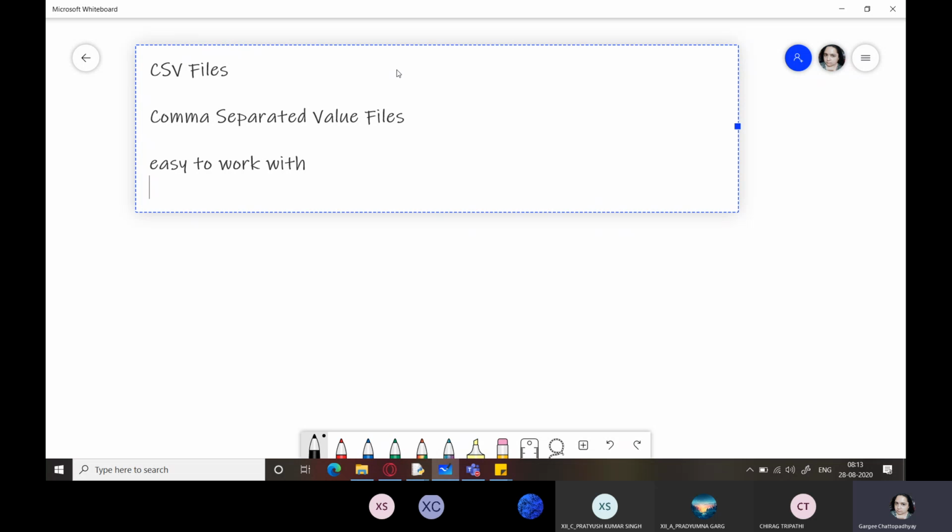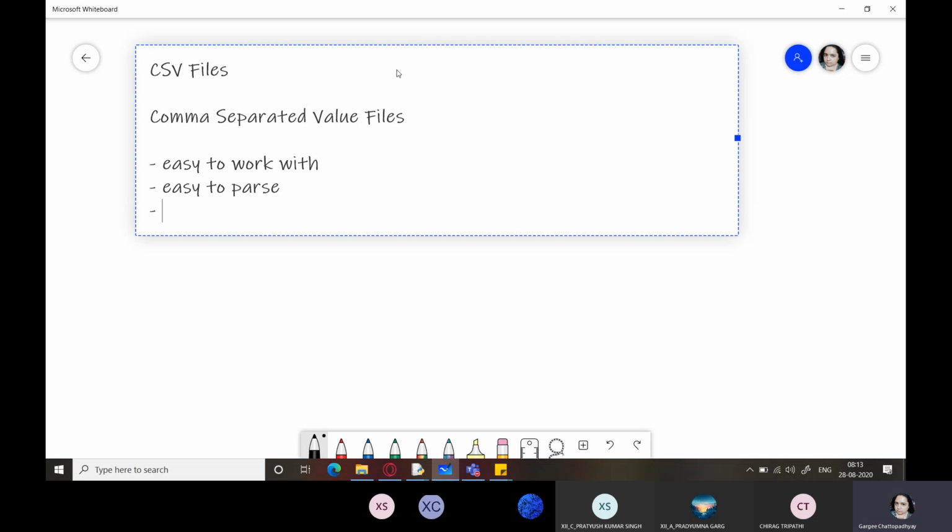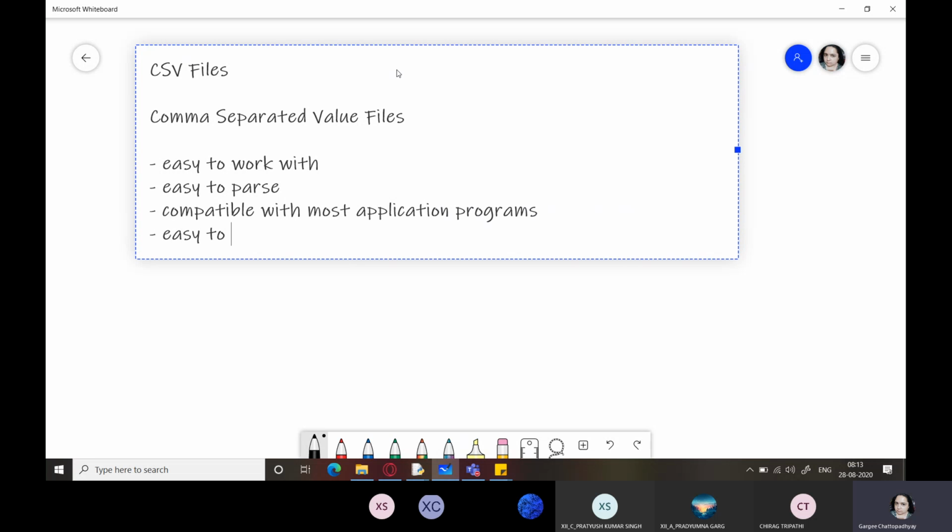There are certain advantages of CSV files, so that we are going to see. They are easy to parse. They are compatible with most application programs. They are easy to export as well as import to and from spreadsheet applications or database applications.